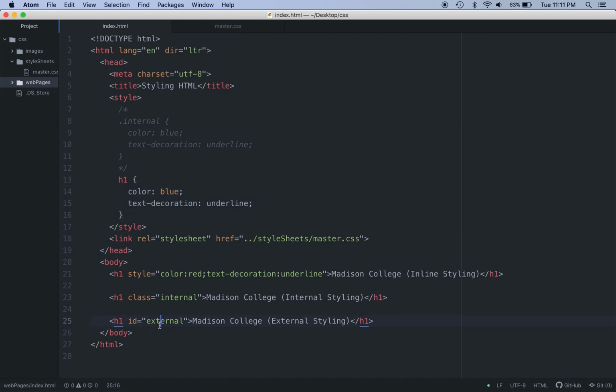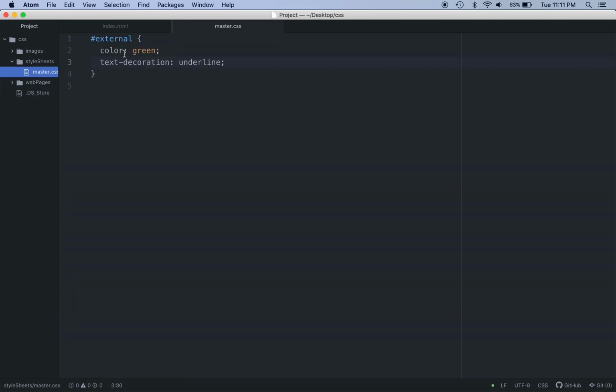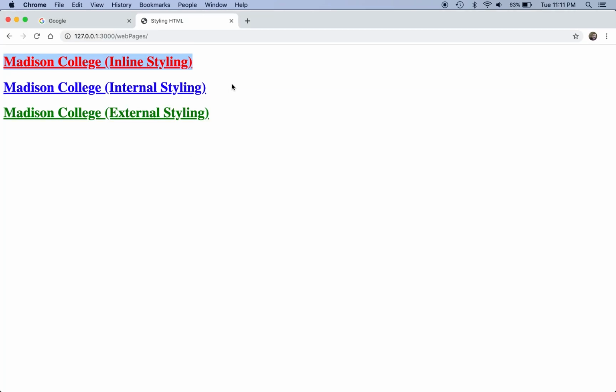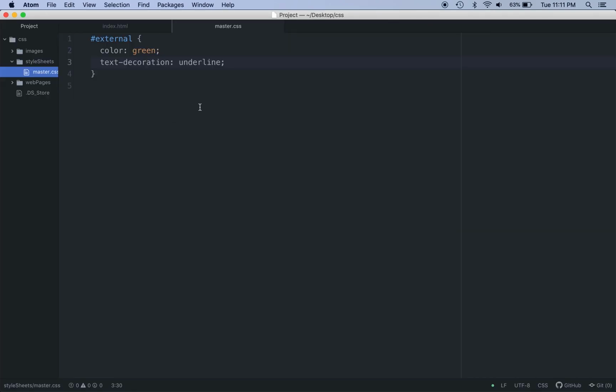And then lastly, we have this external style sheet. With our external style sheet, what ends up happening is we do have a conflict, and by that I mean all H1 tags should be blue. So if I'm looking at line 25, this H1 tag should be blue. But then I also have this ID, and in my external style sheet, I mentioned that anything with an ID of external should be a color of green and underlined. And you can see that in fact it is still green and underlined,